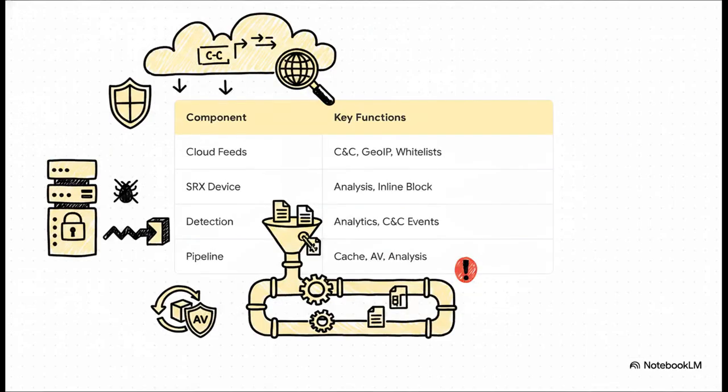entire system. To break all of that down a bit more clearly, the cloud feeds are basically telling your system what to block on a global scale, providing constantly updated lists of known command and control servers and GeoIP data. The SRX series device takes that specific intelligence and actually performs the inline blocking. Meanwhile, the internal compromise detection engine is constantly watching for local hosts inside your network that might have already been infected. And right dead center of it all is the malware inspection pipeline, which is where suspicious files are actually